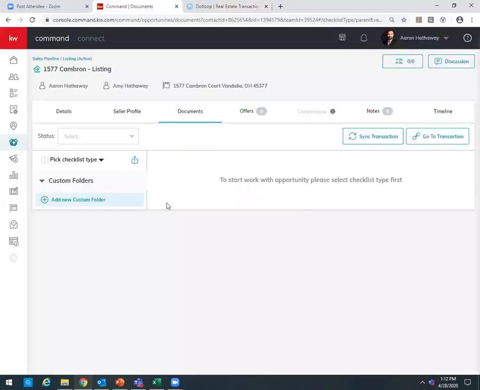Okay. So right now, we don't show anything in this window where we're going to put our documents. It says on here, you have to choose a checklist. So over here, you have pick checklist type. In command, they give you checklists or placeholders for documents that you should have for the deals. If it's a listing, there's certain ones required. If it's buyer, there's certain ones required. And it tells you which ones they are, and then you pull them from .loop as you need them. So if we go in here and we say that this is residential,